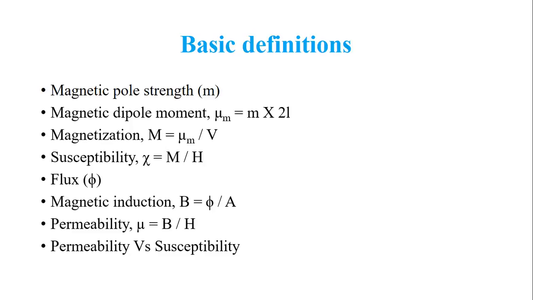Then when you apply a magnetic field, then few lines of force from that source of magnetic field will pass through this magnetic material, and those lines of force is what is called flux, and the magnetic flux per unit area is what is called the magnetic flux density or magnetic induction. Magnetic induction per unit applied magnetic field is what is called permeability. So permeability means when you apply a magnetic field of H, to what extent the magnetic lines of force are penetrated or permitted or allowed to pass through the magnetic material.